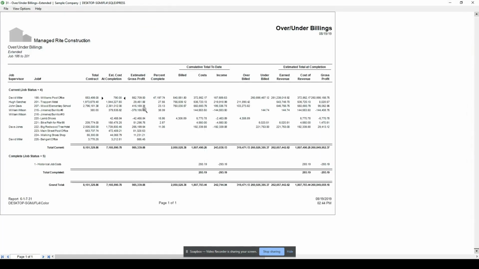So therefore, in this job right here, it looks like we are 47,197% complete, which, as we know, is very, very untrue. Then it starts messing up a lot of my numbers as I keep going across because I do not have the budget within the system. I don't have the estimate. Now, if I wanted to fix this, simply what I'll do is go over to estimating, export the budget, and it will automatically update my WIP report.